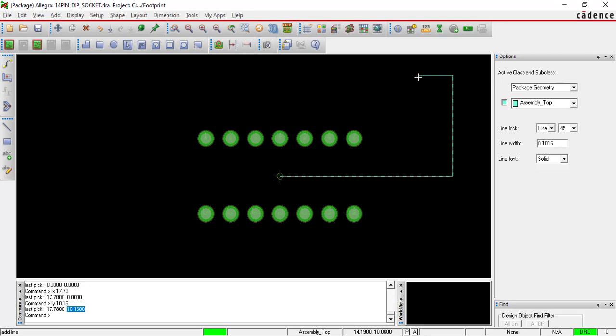Now again we have to come back to this point. So I have to go to the command window and write ix minus 17.78, enter. Now I have to join this line to the origin, meaning I have to close this line.